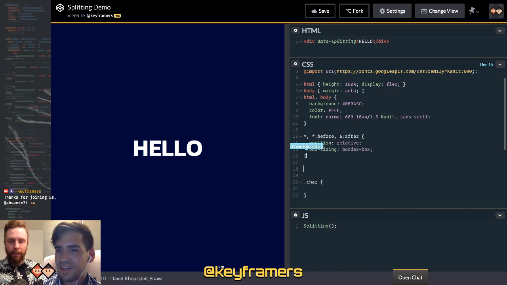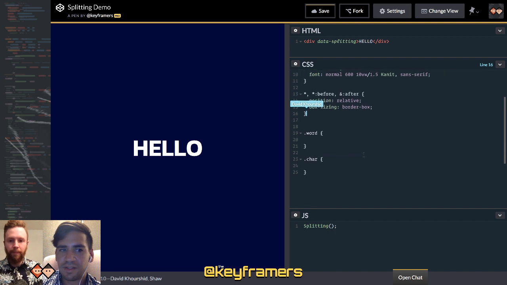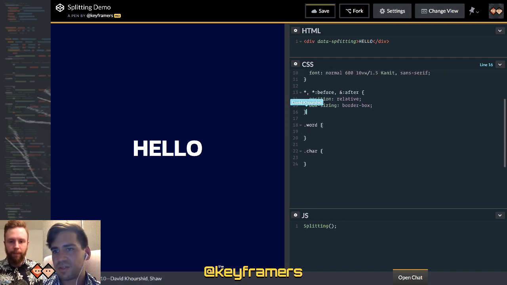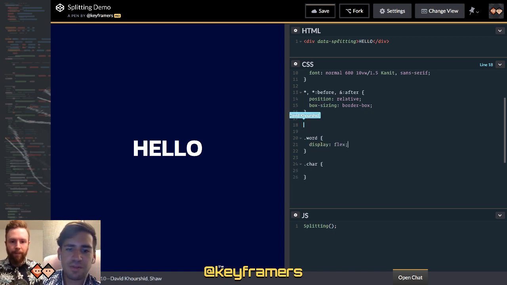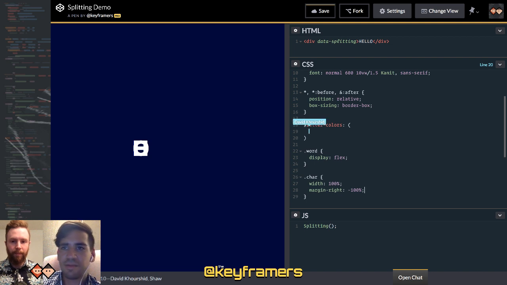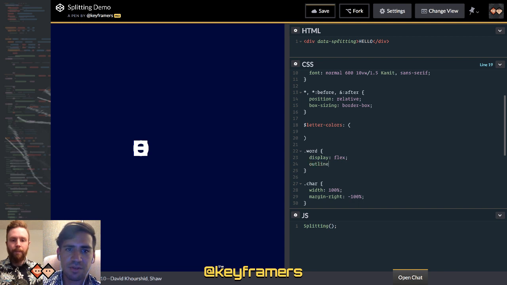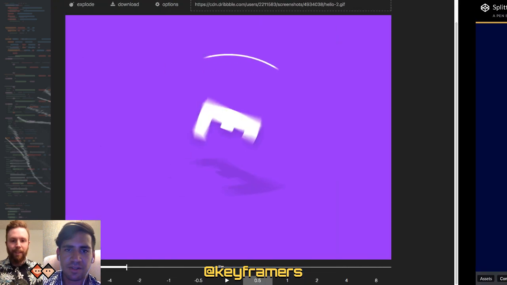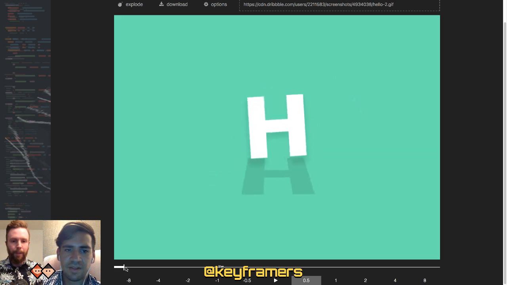Okay. All right. And the Sass magic is going to be, well, actually, no, that's not going to be that. We'll do it based on letters. So I'm going to set up a variable called letter colors. I think we might see where this is going, where each letter is going to have its own color. Yeah. That's my plan right now. I think I'm with you there. So let me open this up in GIF Scrubber, whatever it is. Yes, GIF Scrubber.